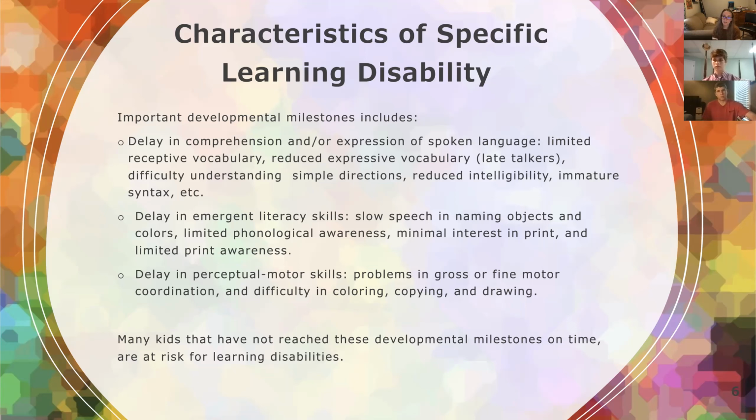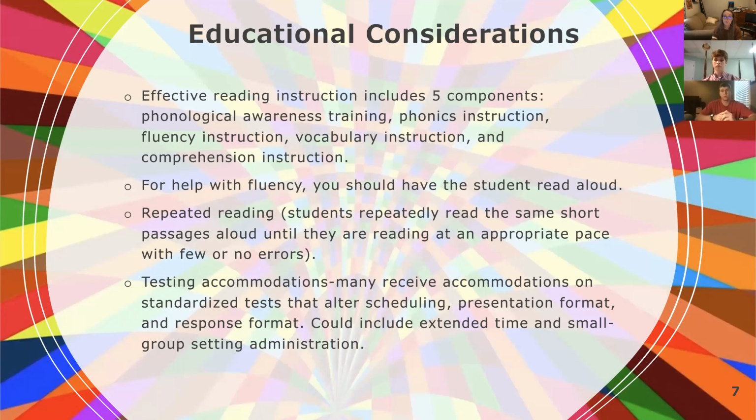And if these kids aren't reaching them, they are at risk for these learning disabilities. Some of the educational considerations, there's many that could be considered, but for this case specifically, we feel that it's important to understand that effective reading instruction includes 5 components. It includes phonological awareness training, phonics instruction, fluency instruction, vocabulary, and comprehension instruction, which our student lacks in all of